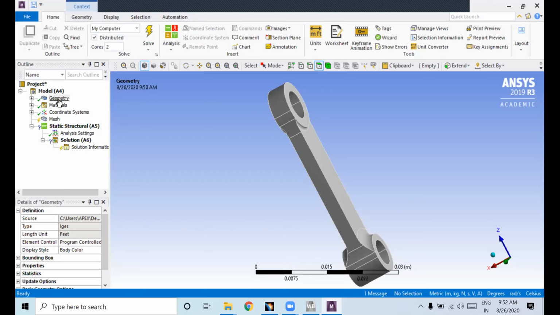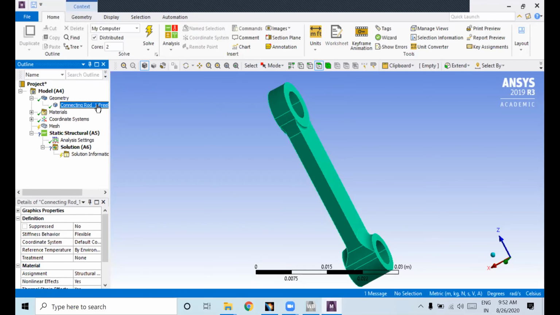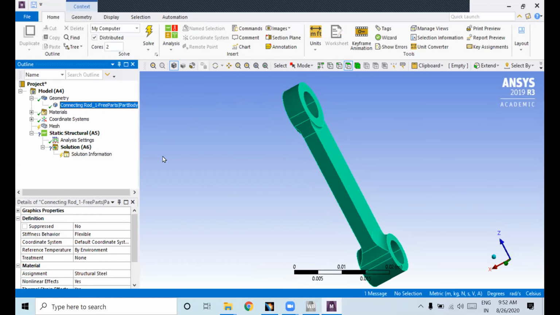First I will explain geometry. If you click on the geometry, you will get the geometry whatever you have imported. If you click this plus button on geometry, you have the connecting rod model. We have assigned 3 materials. If you click on this particular component in the geometry, here you will get material.